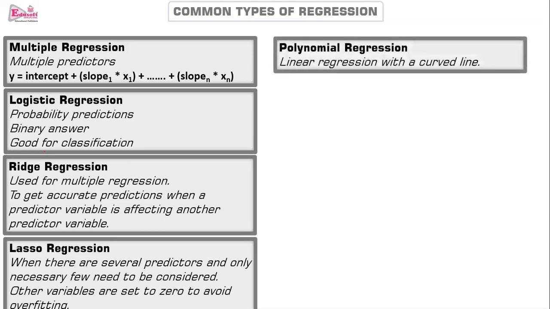Then polynomial regression is just a small variation of linear regression. In linear regression, you might have seen the straight line. If I somehow curve the line so that it touches more points across the graph, then it is called polynomial regression. In polynomial regression, you don't get a straight line across the data points. The line is slightly curved and it goes smoothly curving through the data points.